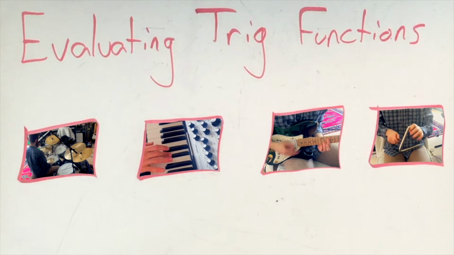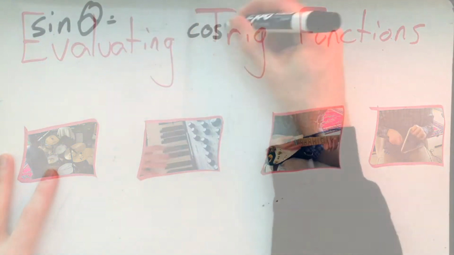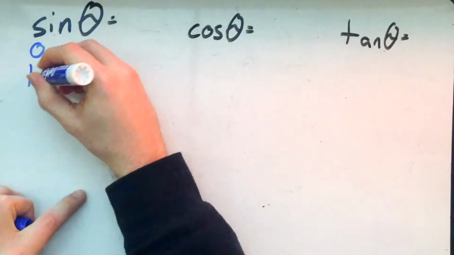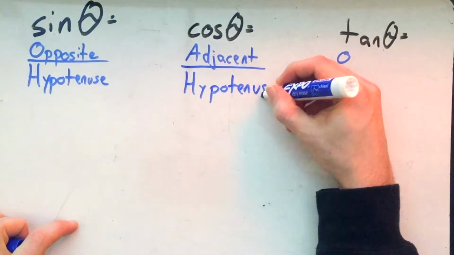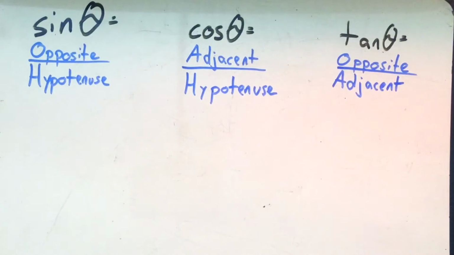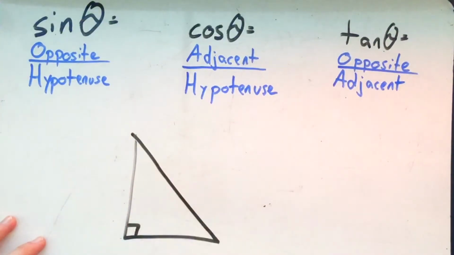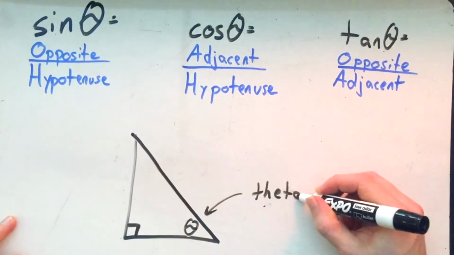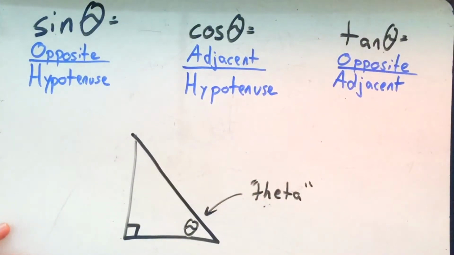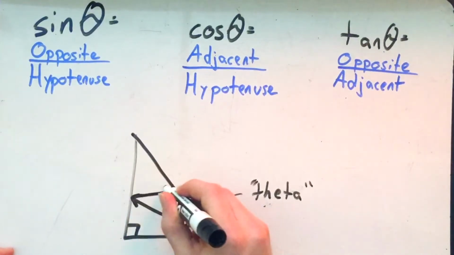So one of the first things you learn about in Trig is this mnemonic device, SOHCAHTOA. And that just stands for sine being opposite over hypotenuse, cosine being adjacent over hypotenuse, and tangent being opposite over adjacent. So you can think of these sides coming from a right triangle, where the side opposite of the right angle, that's the hypotenuse. And we're going to label this angle theta, that's just the Greek letter theta, which we use as the variable to represent angles a lot of times. So if I wanted to take sine of that angle theta, that would just be opposite over hypotenuse in that